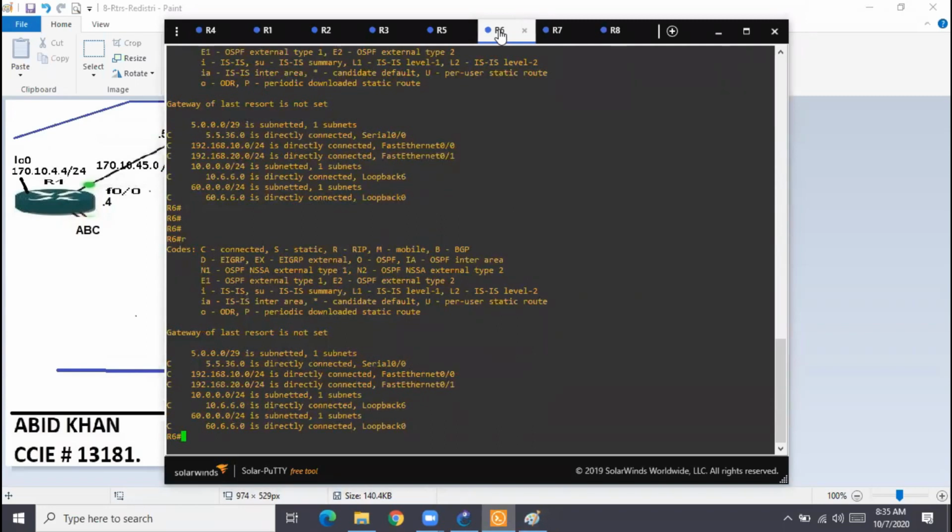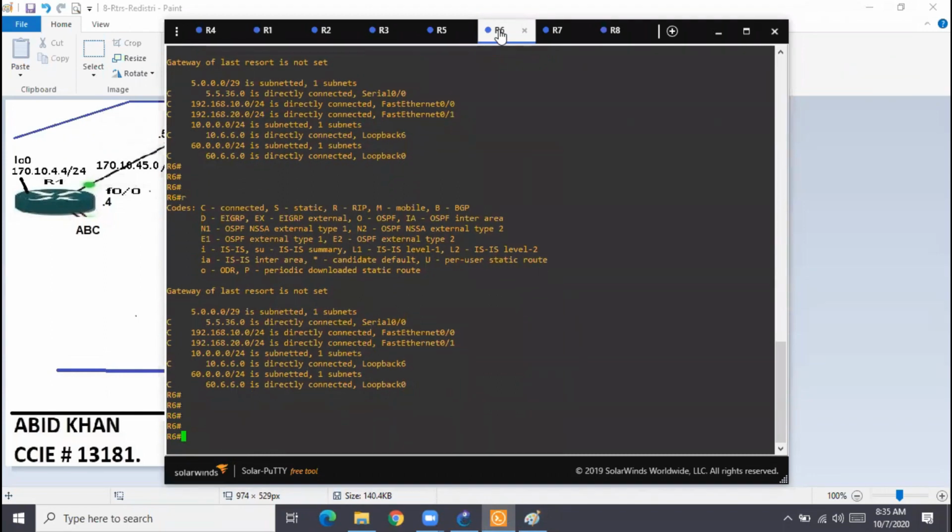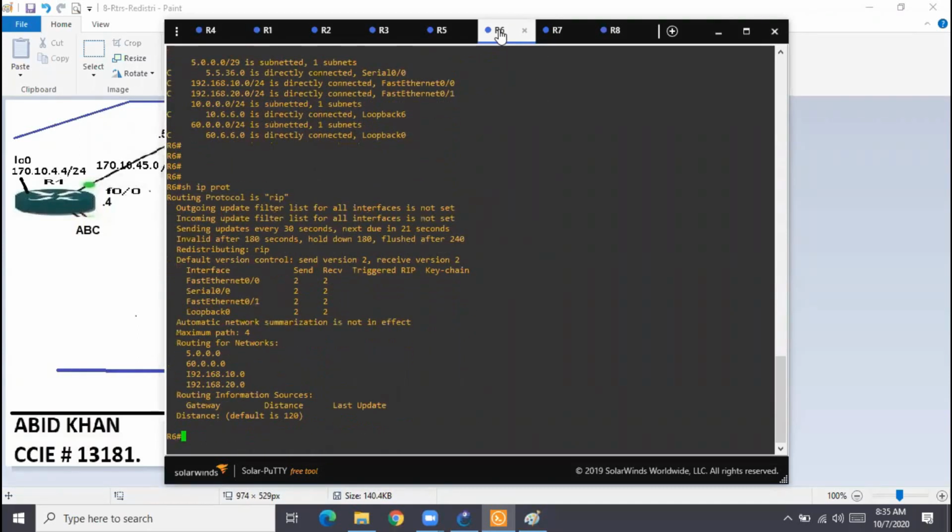Now if you see, first of all, on R6 routes are not there. What could be the possibility? Why don't I see any route? The first thing I should check to troubleshoot this is whether R6 has routing enabled. So if you see, yes, on R6 I have RIP, and it is already configured.